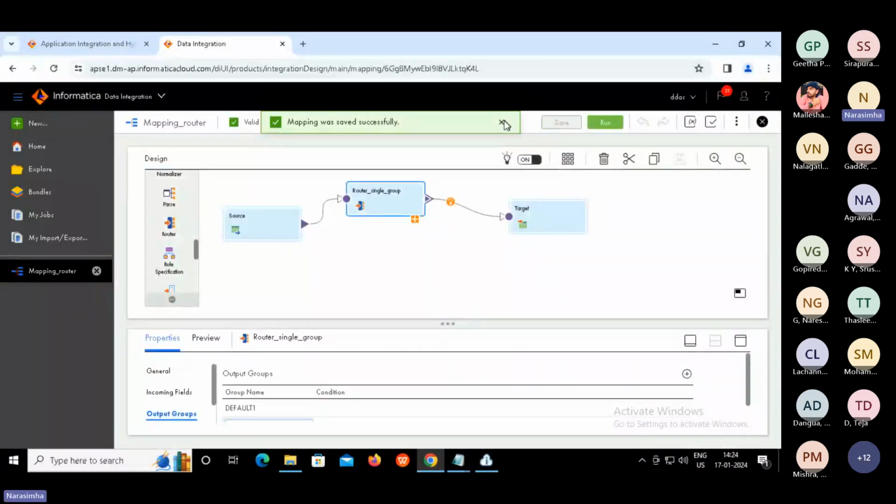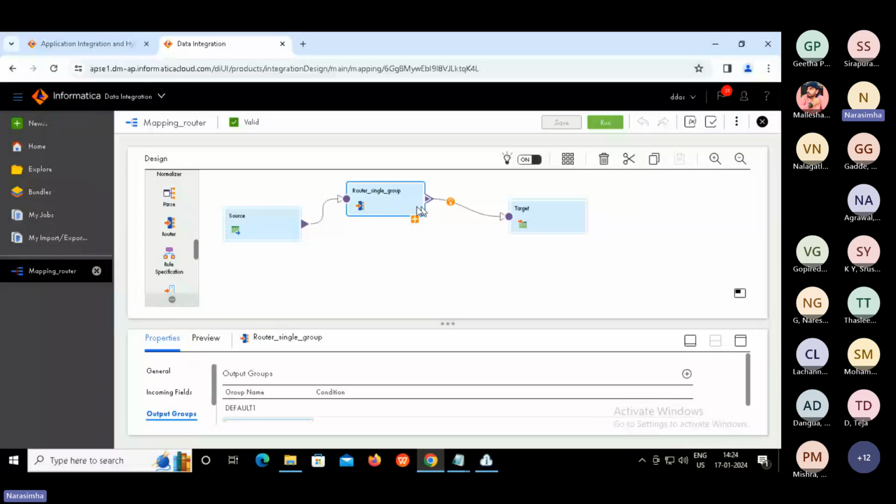See here, now the mapping is valid. I hope all of you could see the same thing. Yes or no, guys? Now, if you want to look at what got added, there's a plus button here.